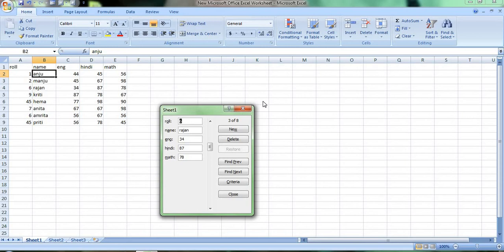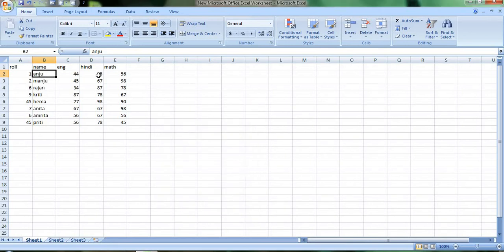Basically, sorting means arranging data either in ascending or descending order in a worksheet. Data can be sorted in rows on the basis of text, number combination and members of date. For example, if I have to sort my data in ascending or descending order in any kind of data, I will go through the sorting of data. See how I will go.